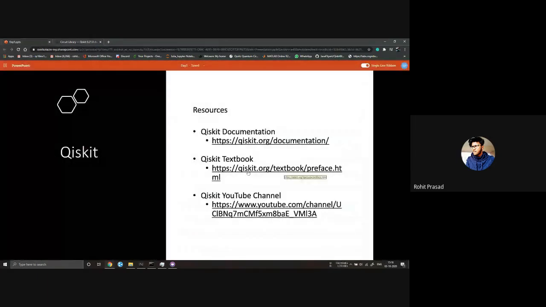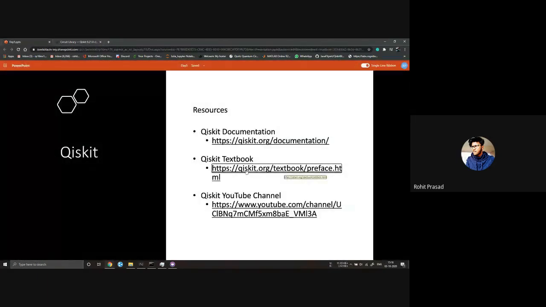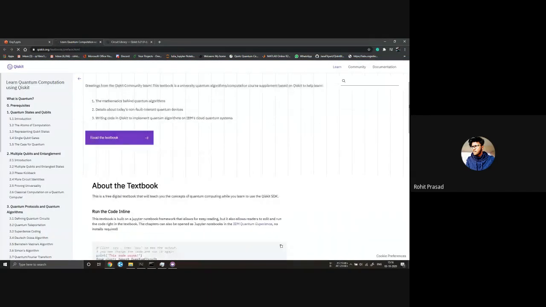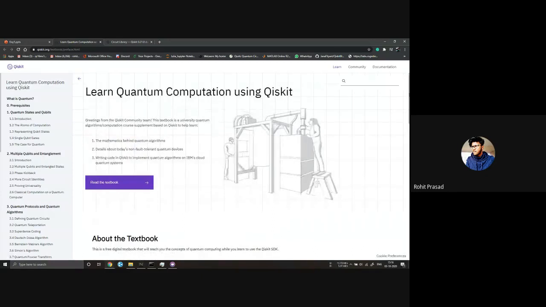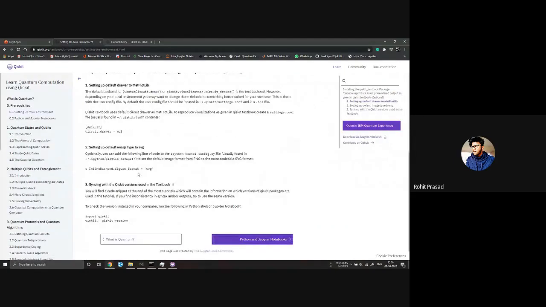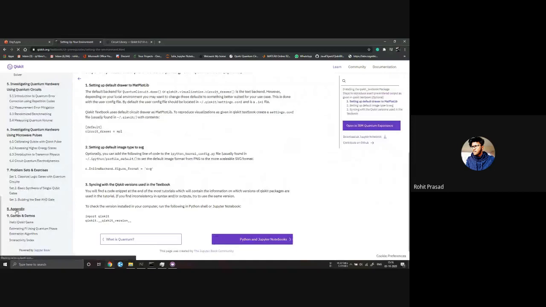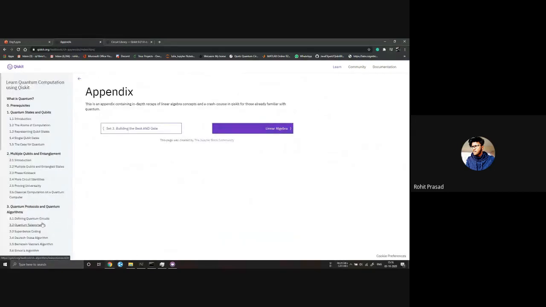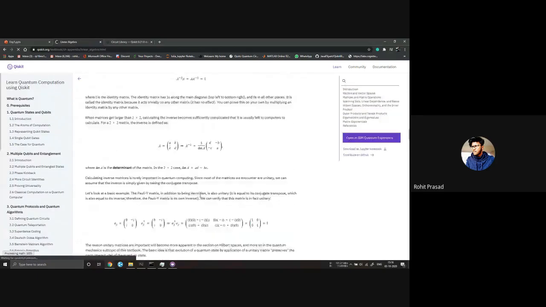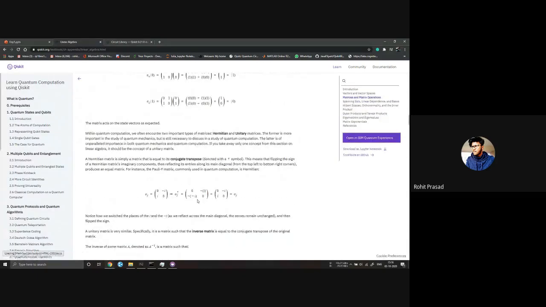The second resource is the Qiskit textbook. It's like a book for learning programming in Qiskit. It starts with the prerequisites that I more or less taught you, like linear algebra and such.